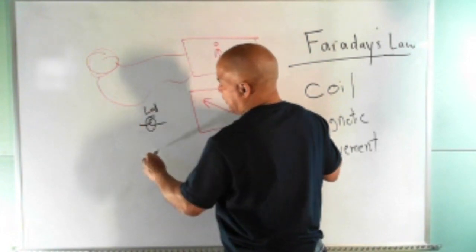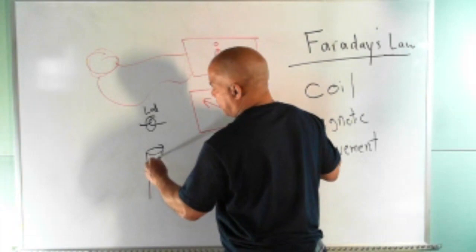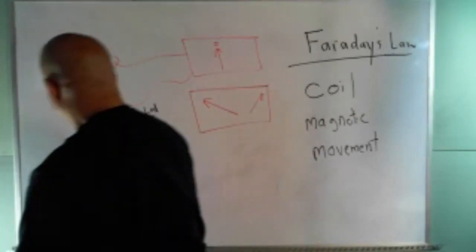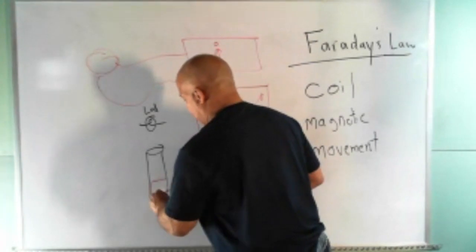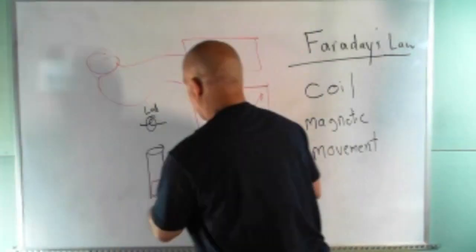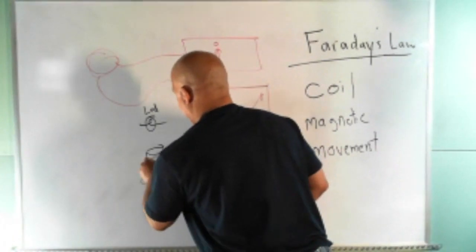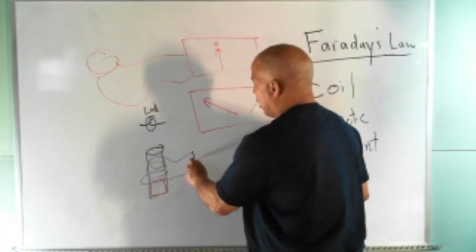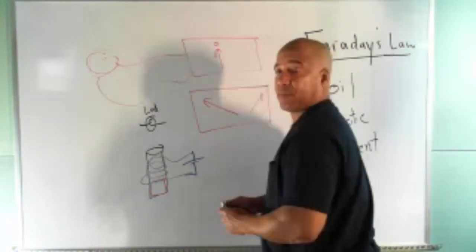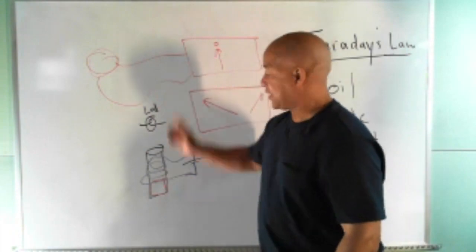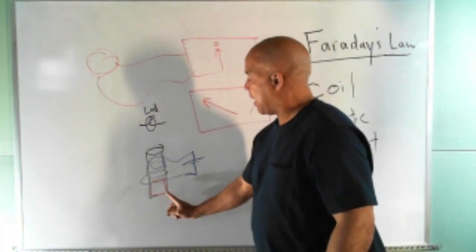There's a tube, and in the tube, there's a magnet that's free to move. And then around the tube, there's a coil of wire. And this runs over to either a capacitor or a rechargeable battery. And so what happens is I can shake this, and as I shake it, that magnet moves up and down